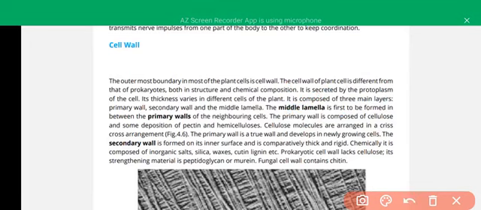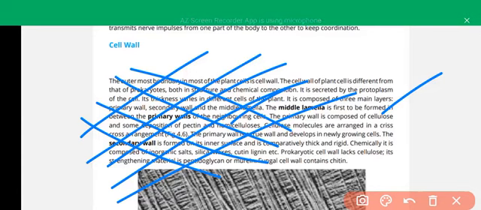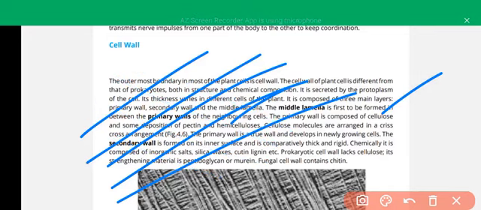What is the middle lamella? It is first to be formed between primary walls of the neighboring cells. Primary wall is the true wall, and is composed of cellulose, hemicellulose. Cellulose molecules are arranged in a crisscross arrangement, like one fiber layer is one way, and the other fiber is at right angle to it, and this type of arrangement of the cellulose molecules gives strength to the